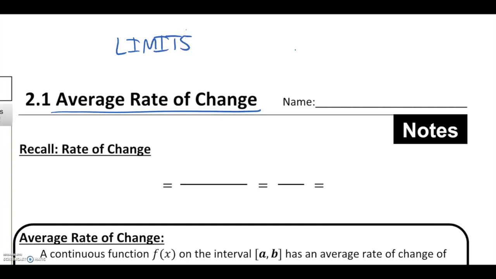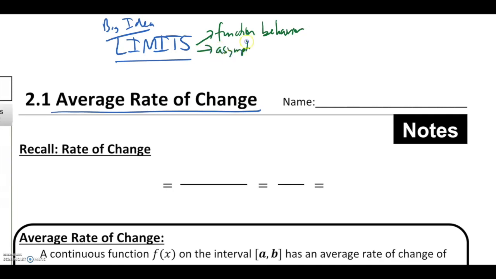What you've done is you've completed a unit on limits, which I said was our first big idea. And what did limits help us with? Well, it helped us with a few things. It helped us describe function behavior. It gave us new definitions for familiar topics, things like asymptotes and the idea of continuity. And it also helped us practice our algebra skills and make sure that those were still in good shape